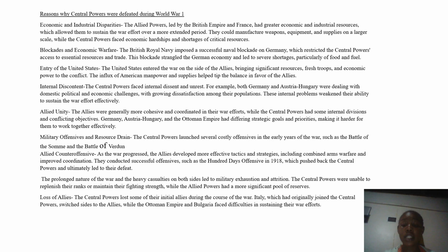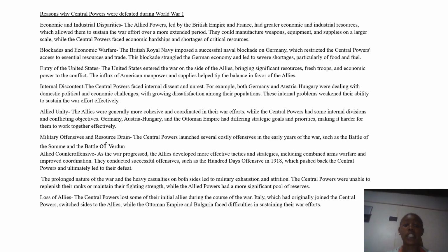The USA supported the Allied powers, and they had more improved guns, which led to the defeat of Germany. Internal discontent: the Central powers faced internal dissent and unrest. For example, both Germany and Austria-Hungary were dealing with domestic and political challenges. Then Allied unity: the Allied powers were more united as compared to the Central powers, who had some internal divisions